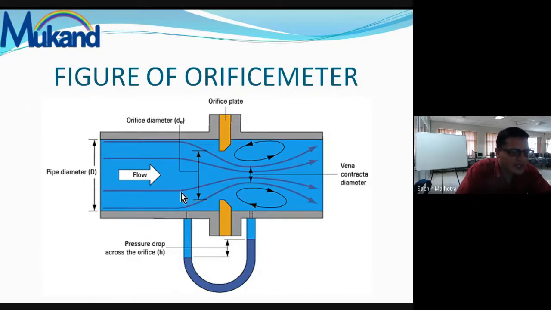For measuring the pressure difference at section 1 and section 2, meaning the inlet and outlet, we are again using a U-tube differential manometer having a heavy liquid like mercury, and the difference of mercury level is denoted by H. And this is the vena contracta. Vena contracta means the area of the jet where the section is minimum. At this point the area is minimum, so the point where area is minimum is known as vena contracta.